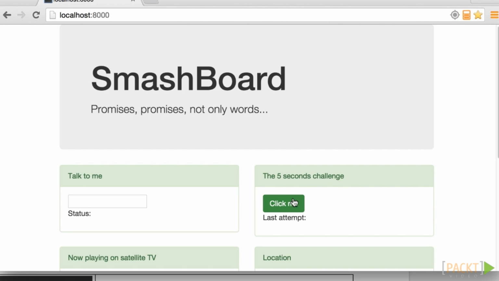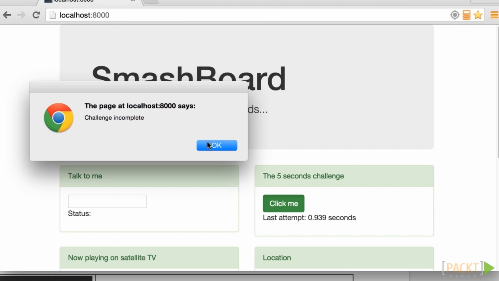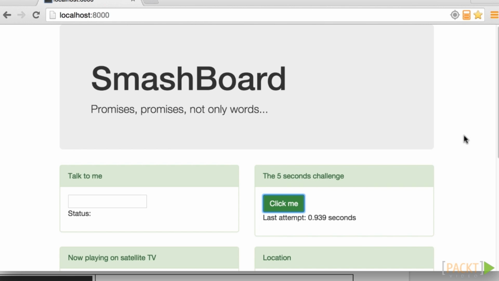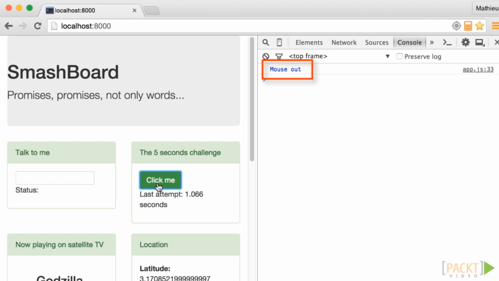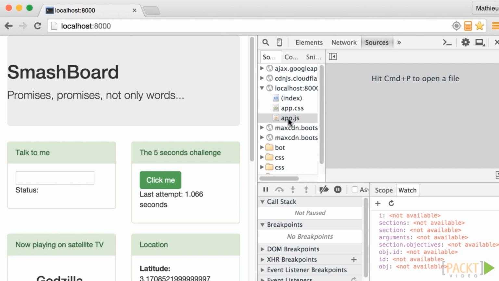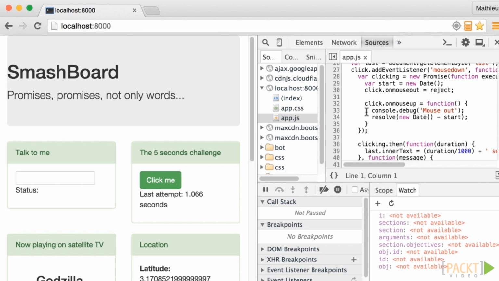Let's have a look at the result, and you can see that the game behaves as expected, with an alert if we exit without releasing, and a score displayed here otherwise. Let's now open the browser's developer console, and you can see the debug logs being displayed in here. But let's use that developer console a bit more, and in the sources tab here under localhost, you will find